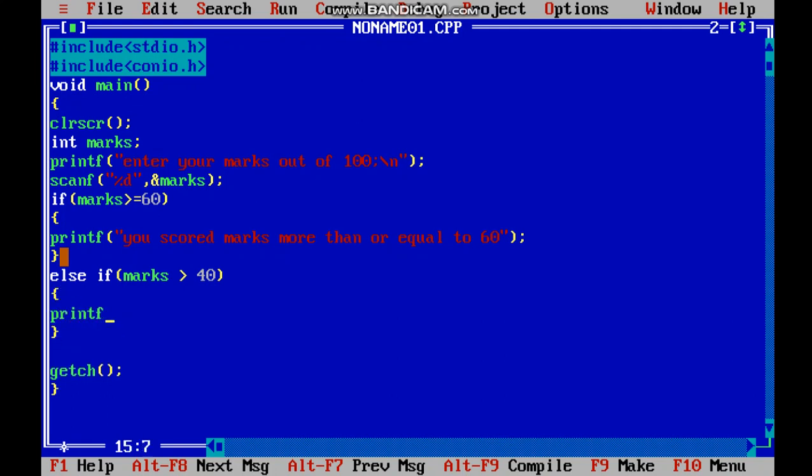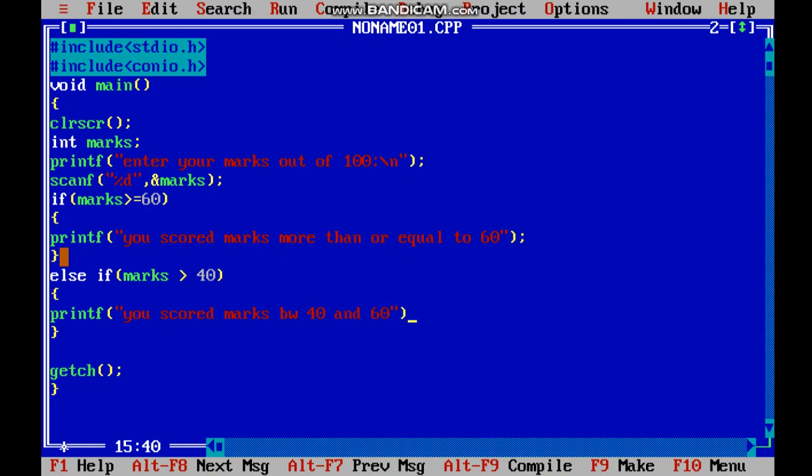Now printf, I just need to give a message over here, that you scored marks between 40 and 60.